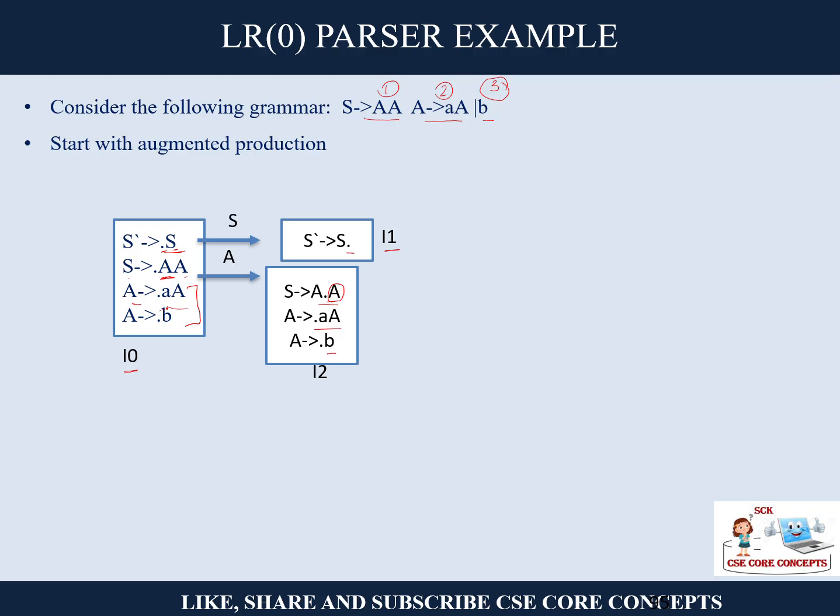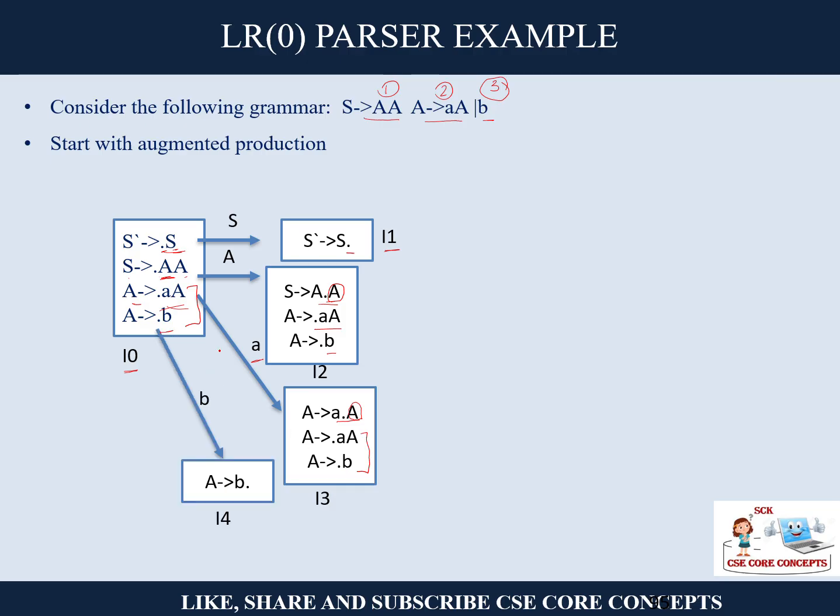Now for this grammar you have small a you are going through. So A is A dot A. Since here again you have a non-terminal after the dot, you have to expand the rules of A. And for the fourth one, that is B dot, this is your closure I4. Since nothing is after this dot, you don't have to expand anything. As of now our closures I1 and I4 are complete, but we have to continue with solving I2 and I3.